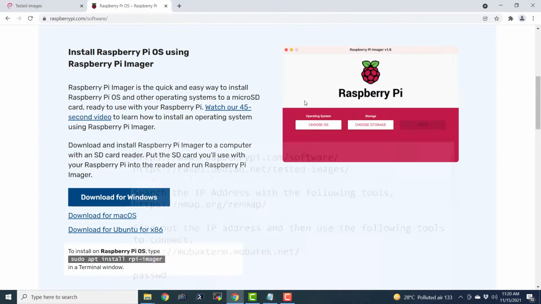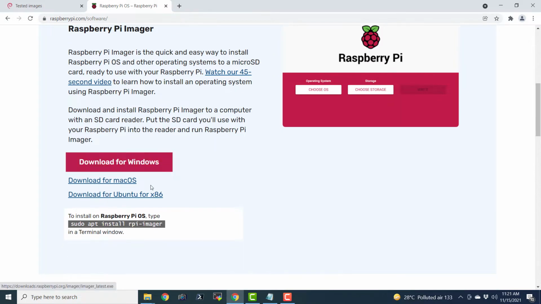You visit this page on raspberrypi.com and then download the software. It is known as Raspberry Pi Imager. That software is available for Windows, it is available for Mac OS, and it is also available for Ubuntu x86.